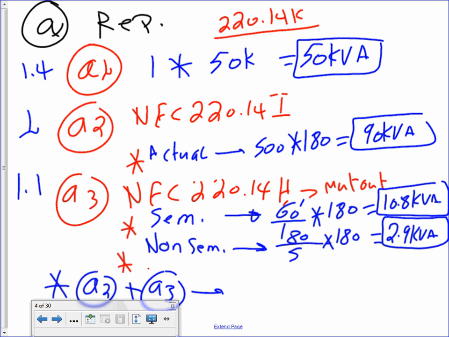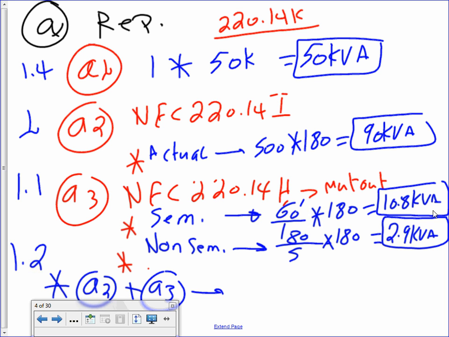This step, guys, A2 and A3, will be equivalent to 1.2. Here is 1.2 when you add them up. In your sheet, this step here is equivalent to 1.2. You're going to add A2 and A3. So A2,